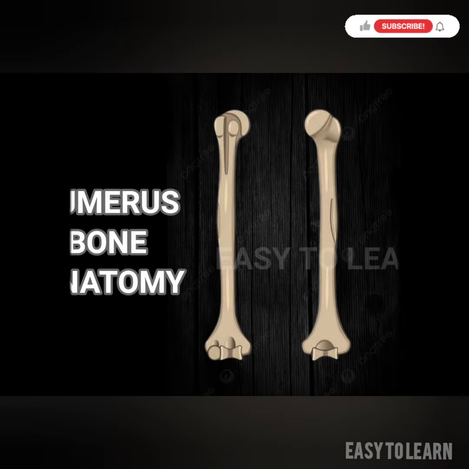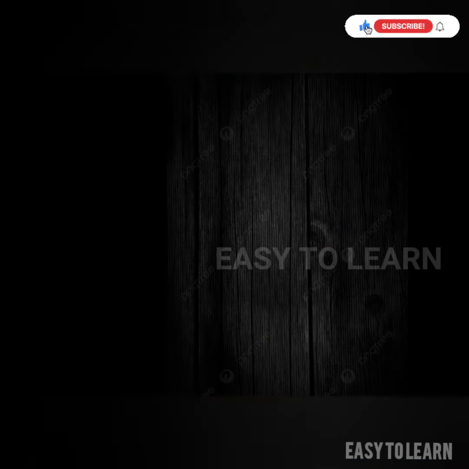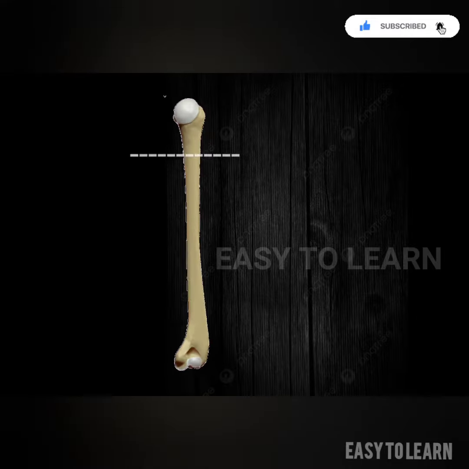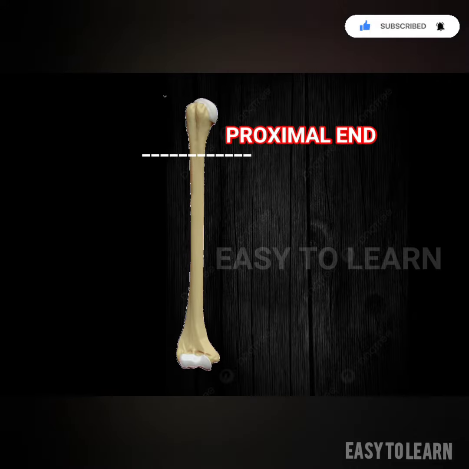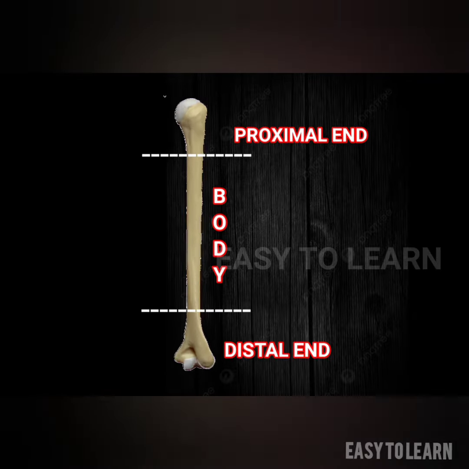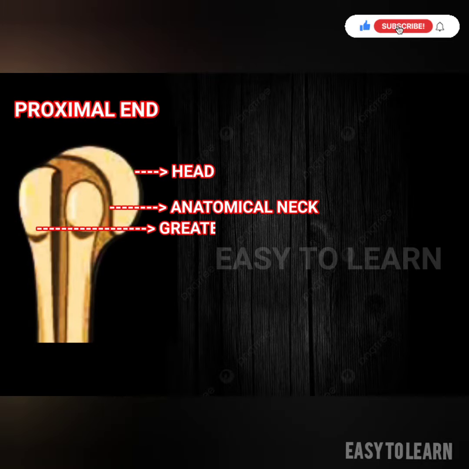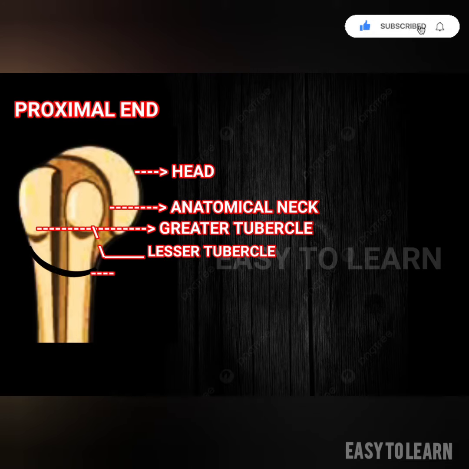Humerus bone anatomy. The humerus is the largest bone of the upper extremity and defines the human brachium, the arm. It is divided into three parts: proximal end, body or shaft, and distal end. Proximal end. The landmarks are head, anatomical neck, greater tubercle, lesser tubercle, surgical neck,